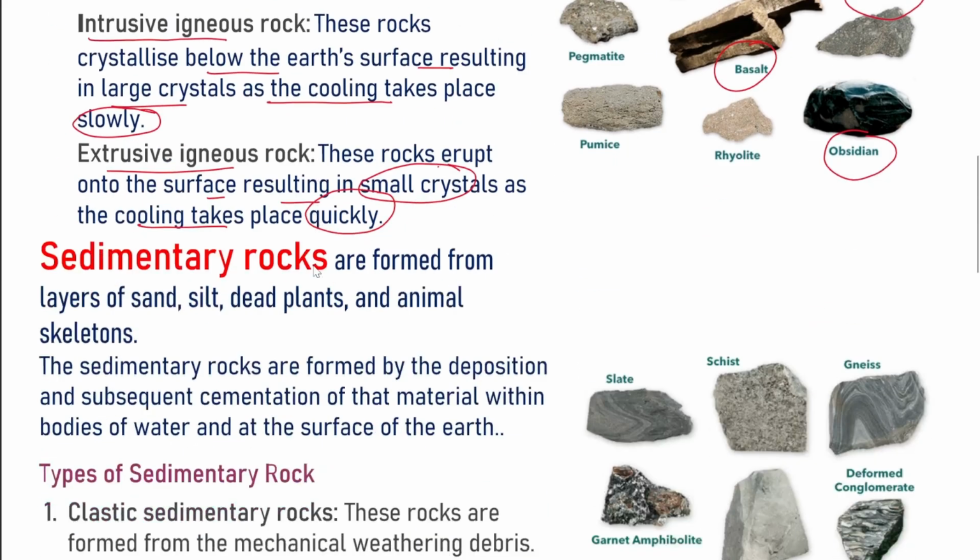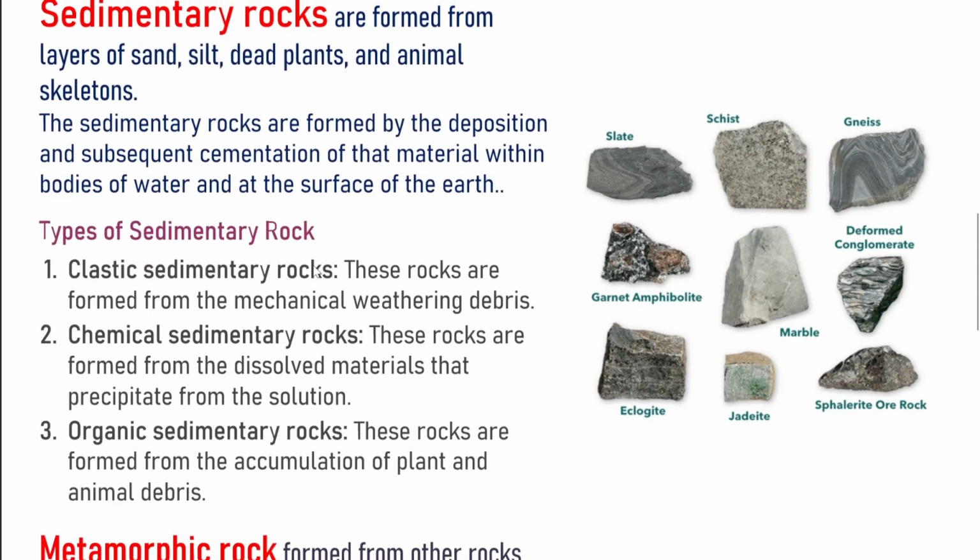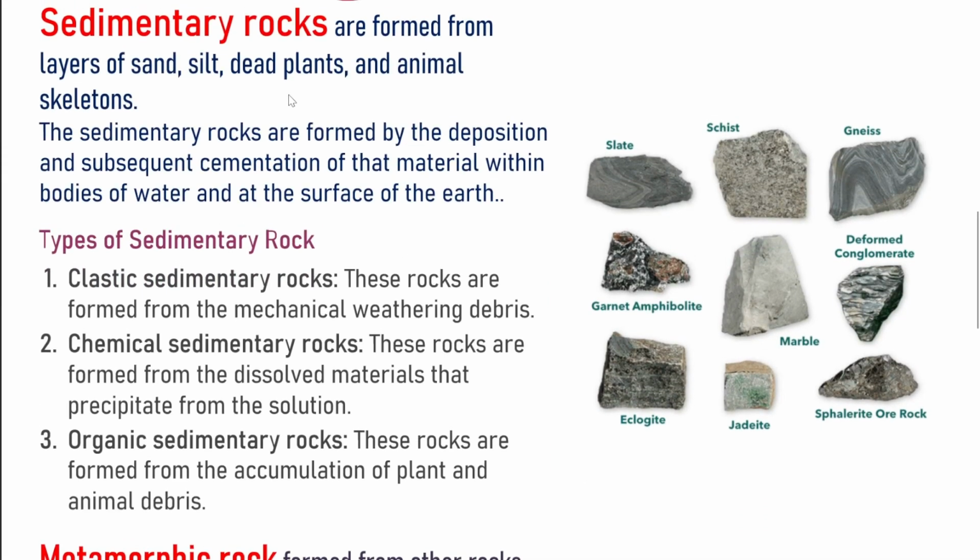Now coming to the sedimentary rocks, they are formed from layers of sand, silt, dead plants and animal skeletons. These rocks are formed by the deposition and subsequent cementation of that material within bodies of water or at the surface of the Earth. These rock types can be of three kinds: clastic sedimentary rocks, chemical sedimentary rocks and third, organic